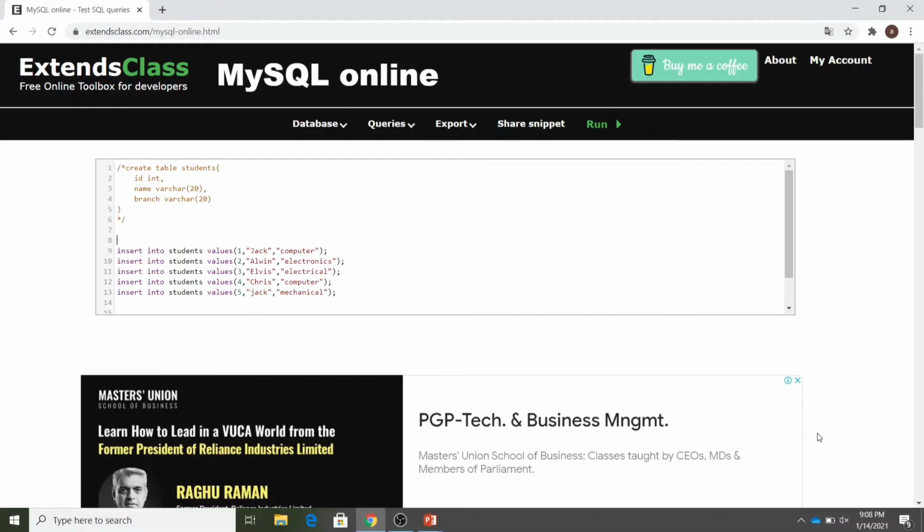Now let's go to the online editor and see how we use this insert command. I have created the table using this command, and with the help of star and slash, I've commented this part of the code because the table has already been created. Below are written all the five insert statements that will help me create all my five records in the table. The commands are insert into the name of the table, that is students in this case, then values, and then all the records. You can see in the create statement that first ID has been mentioned, then name, and then branch, and the same order has been followed.